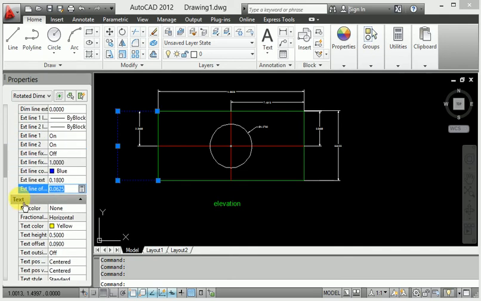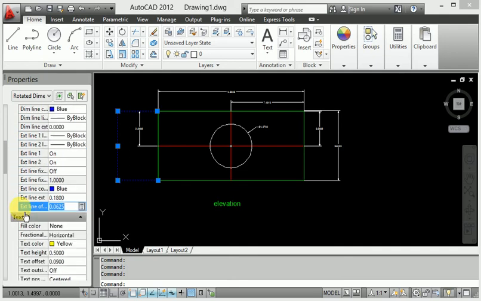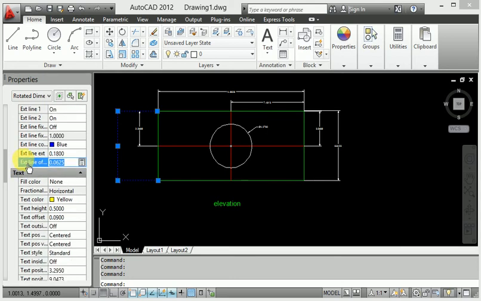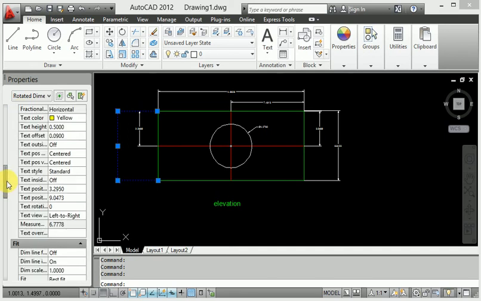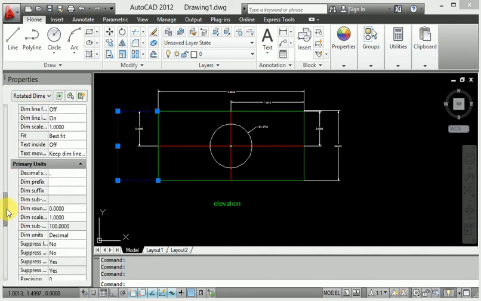So this is all our settings in AutoCAD. They are very useful. If you add a suffix and prefix to the dimension, it is very useful.